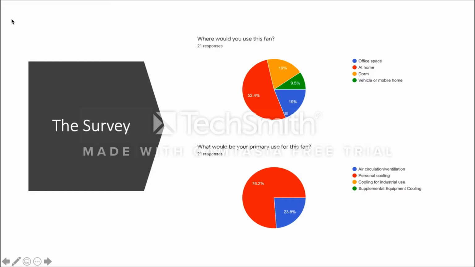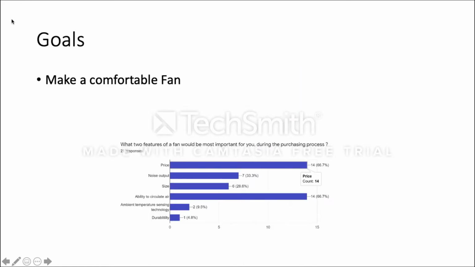Since our project was primarily a market analysis, we conducted a survey to see which improvements would be most desirable for consumers at a reasonable cost. From our results, we determined the most anticipated design improvement would be for air circulation. The next best improvement would be for noise levels, being that the fan would most likely be in close proximity